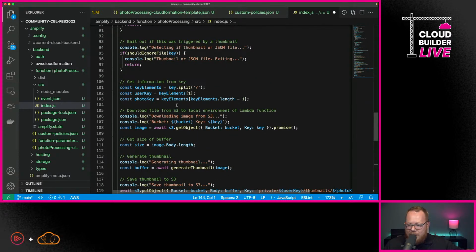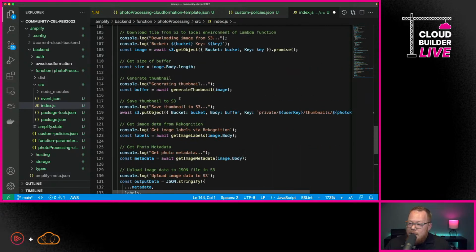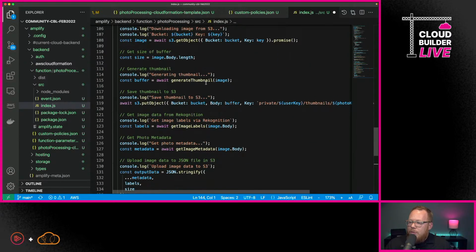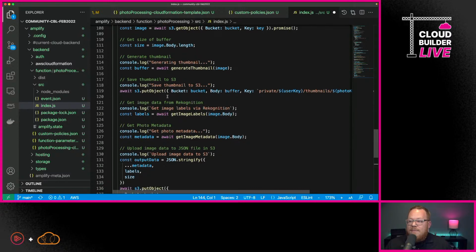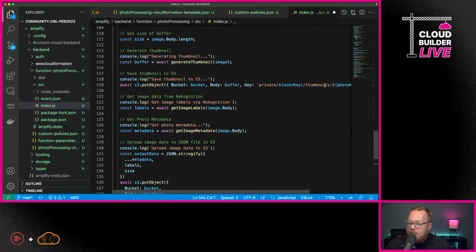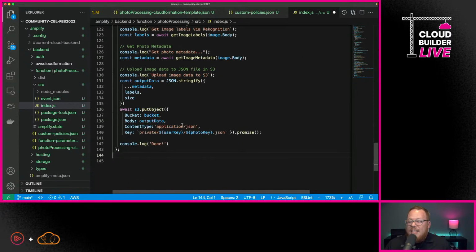We're not going to do anything else. But if it is an image that a user has uploaded, we're going to go through and generate a thumbnail. We'll save that thumbnail to S3 under the thumbnails directory. We're then going to get those image labels out of Rekognition. We'll get the photo metadata, and then we'll upload all of that to a JSON file within S3.